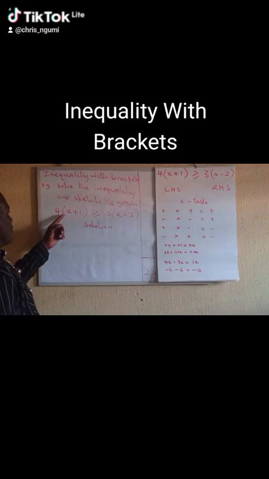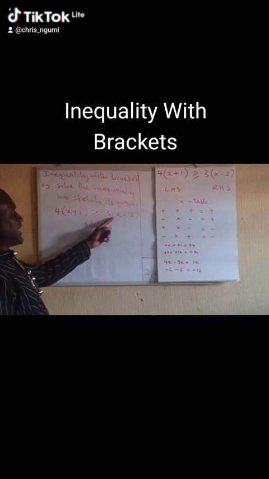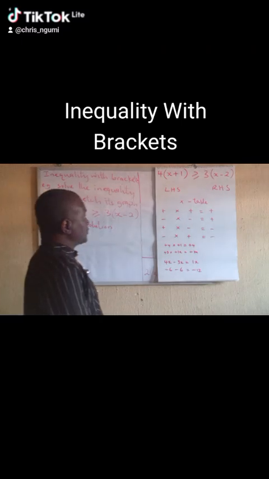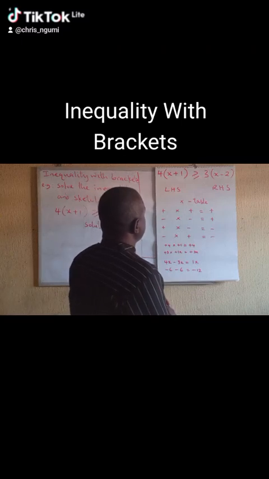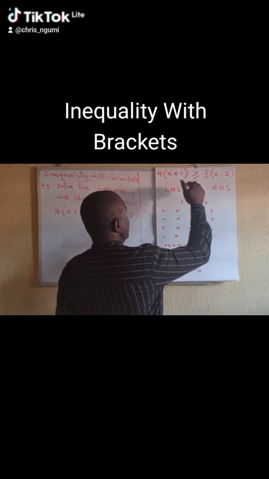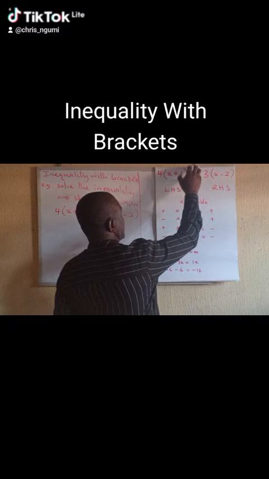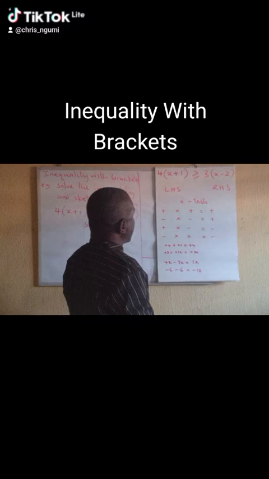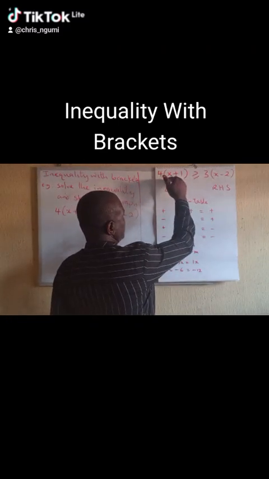We have 4(x + 1) greater than or equal to 3(x - 2). Now let's look at the chart, some of the things we're going to be seeing in solving it. As we have said before, this greater than or equal to serves as the boundary between the left hand side and the right hand side. And we said when we remove these brackets, which we call expansion,